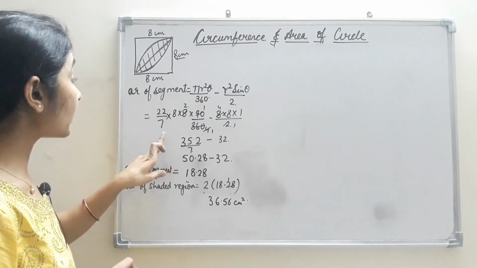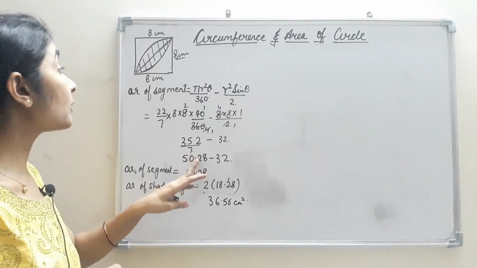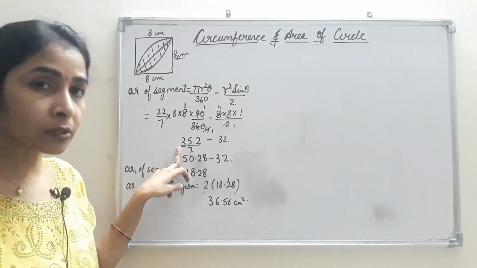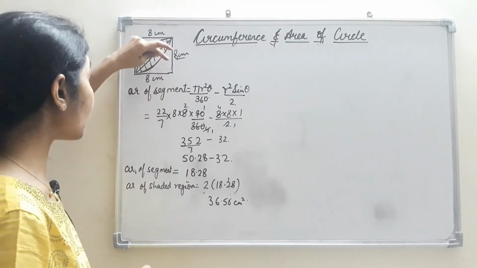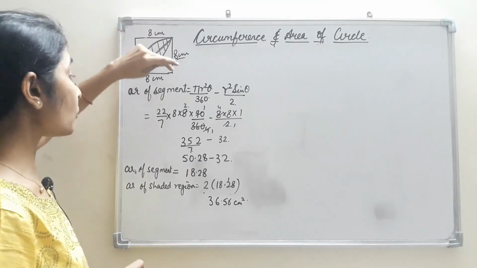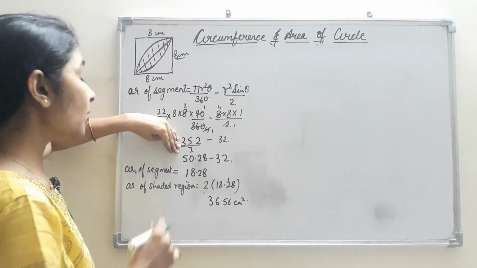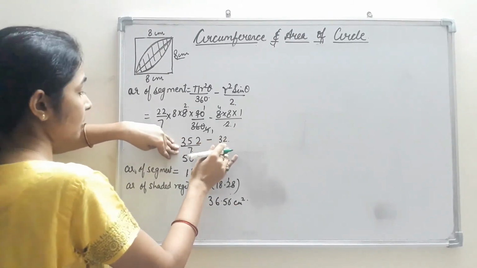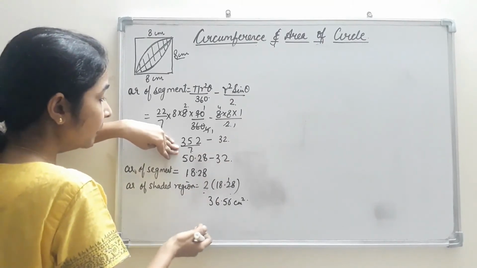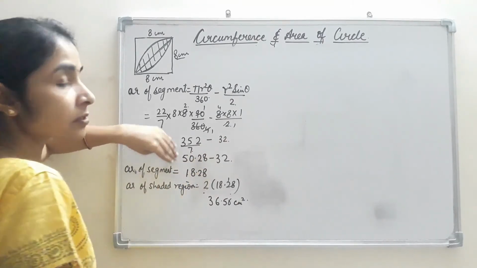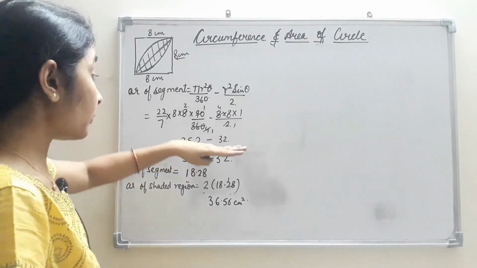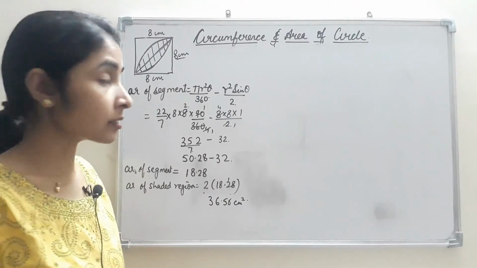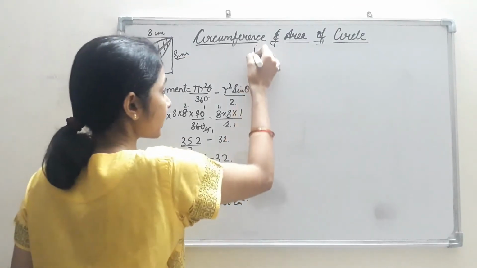And the next method I already told you, that finding out the area of the segment, that means area of the sector, and this is the formula for area of sector. Then we will get 352 upon 7, and then the area of the square, that is 84. So we can also find it like this. Answer will come the same, because here in place of 32 we get 64. So directly we need not multiply this 2, we will get 352 upon 7 multiplied by 2, and so we'll subtract here 64. So the same thing will happen there also.